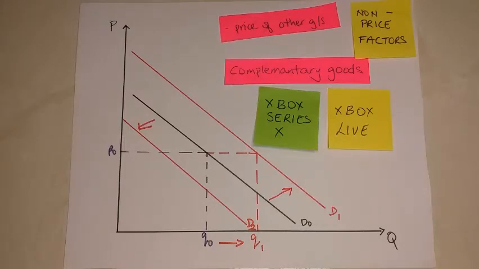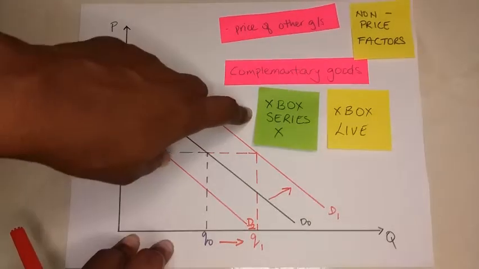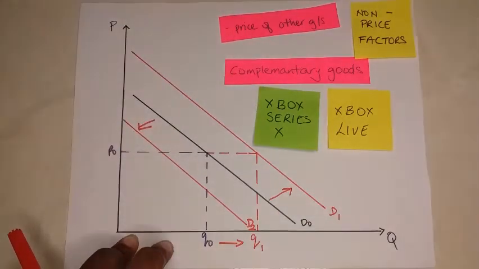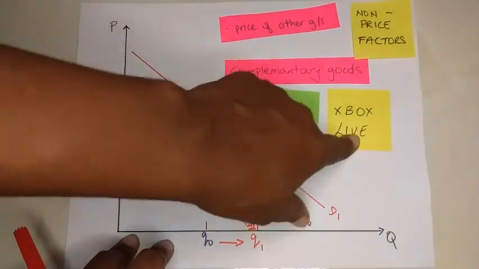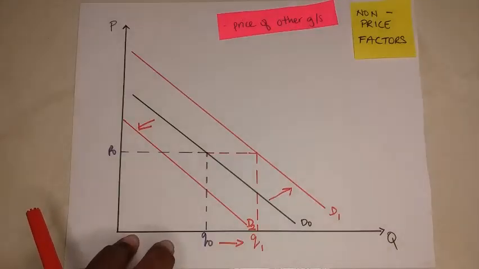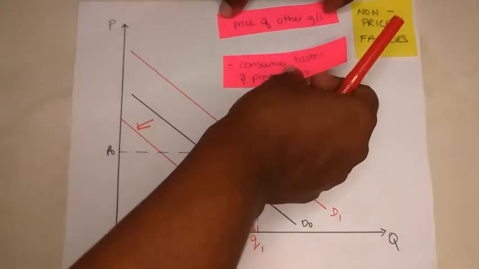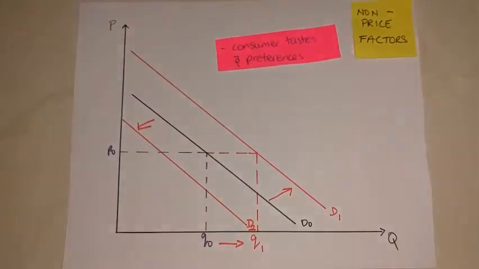If, for example, the Xbox Series X, the console, were to increase in price, you'd find now that the demand curve for the games or for the Xbox Live would fall. So notice the price of the Live or the games itself didn't change, but the price of the complementary good, which is the Xbox Series X, the console, changed, and it affected the demand curve for the Xbox Live. The other non-price factor we are looking at would be consumer taste and preferences, and this